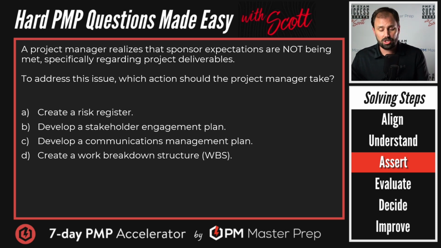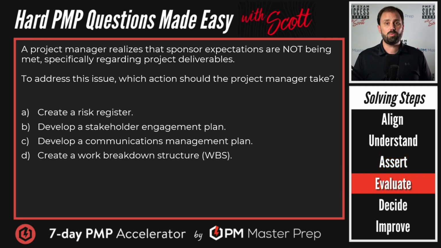So let's go to step four. Now that we know what the problem is and what we do, let's evaluate each answer by its lonesome. Let's take A, just A. In order to address this issue where we know we don't have alignment with the stakeholders' expectations, would we, A, create a risk register? Would that help us solve this? Yes, no. Give me your answer, and why. Pause it. You have to answer. Go.